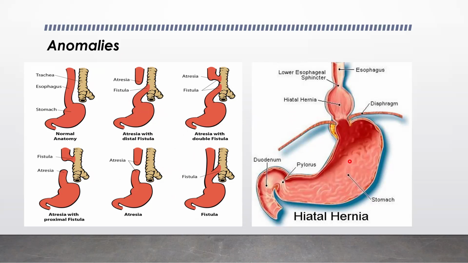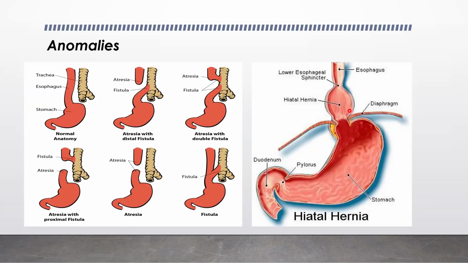Okay, then the other anomaly on our right is showing us the hiatal hernias. The hiatal hernia is where some part of the stomach gets into the thorax. Why? Because the esophagus didn't elongate. It was small, and then due to the force, the pharynx is fixed on the neck. So some part of the stomach undergoes herniation, a process known as hiatal hernia. Yeah, so this one happens when the esophageal opening